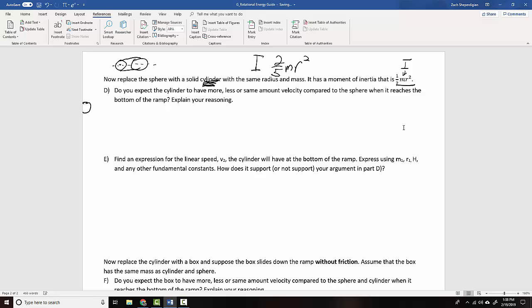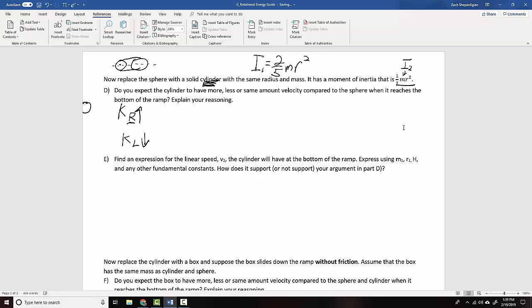So that was the old one. I'm going to call that I1. We'll call this I2. So what is happening is that the moment of inertia is getting bigger. If the moment of inertia is getting bigger, then that must mean that our rotational kinetic energy is getting bigger. If our rotational kinetic energy is getting bigger, then our linear kinetic energy has to go down, has to get